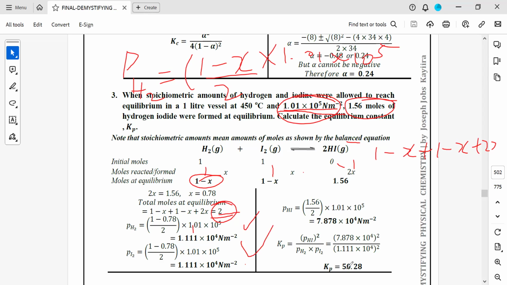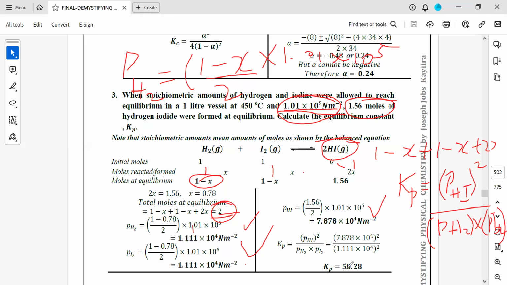And then the same thing is happening for the hydrogen iodide, which gives you this as the pressure of hydrogen iodide. And in that case, of course, Kp differs, the reason being we use, I don't know, do we call these curly brackets, non-square brackets? So in this case, you have the partial pressure of hydrogen iodide to its appropriate power times the partial pressure of hydrogen times the partial pressure of iodine, sorry. And then you're able to feed in the partial pressures, and then it gives you the Kp of